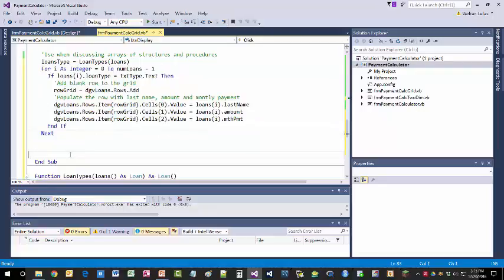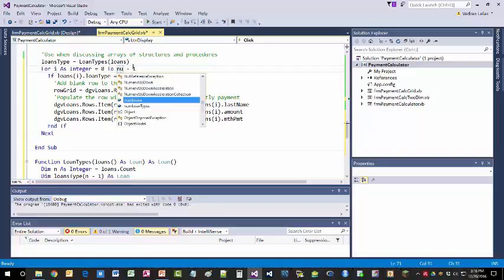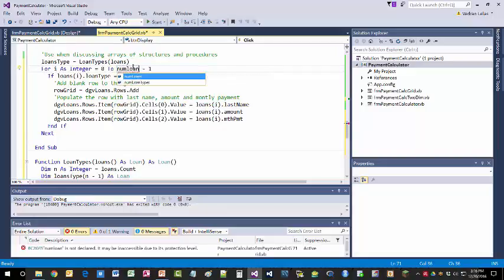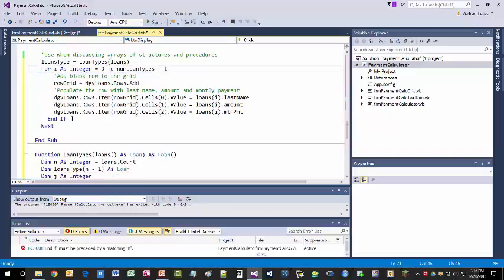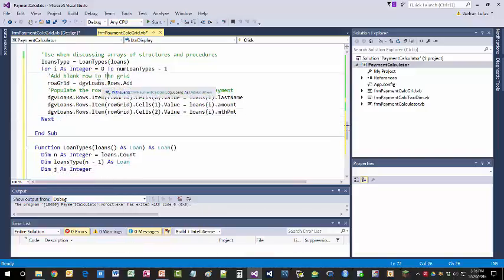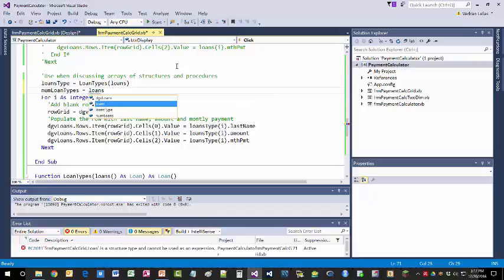I'm going to remove the comment, but I need to change it, obviously. I don't want to use the loans. It doesn't matter if it's I or J. I don't want to go through all 25 loans. I want to go through all num loan types, which will be 12 for mortgages, 7 for car loans, and then instead of loans we have loans type. And we don't need the if statement. That was the whole purpose of it, right? So here, loans type, loans type, loans type. Num loan types is loan type